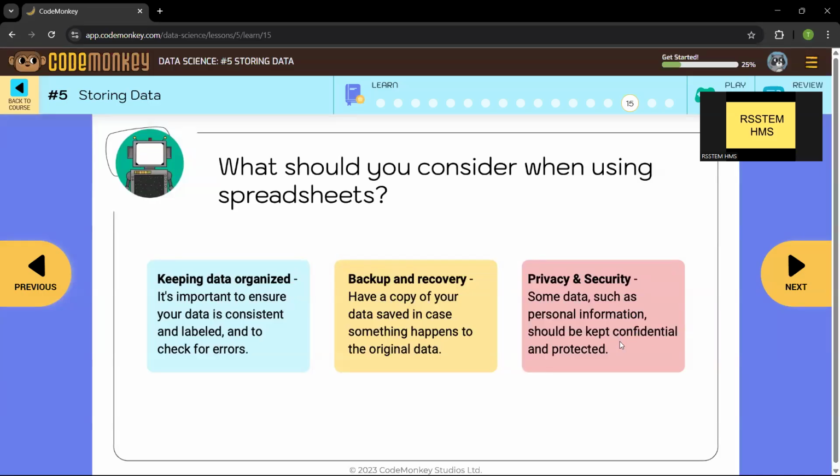Confidential meaning you should not tell anyone, you should not spread that information around. It should be between the data analyst and the respondents only. Certain information is very private, very personal, so you should make sure that you do not spread those types of information around.